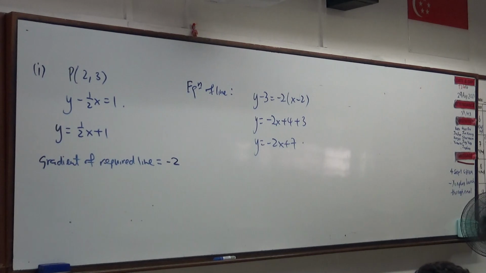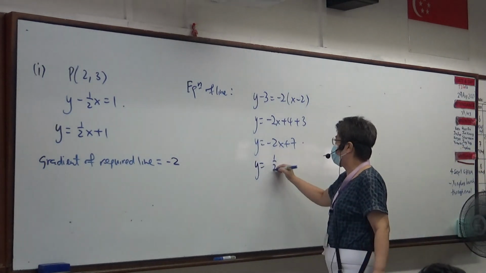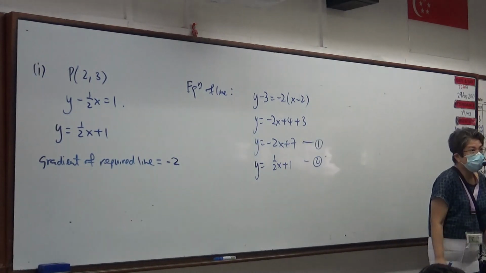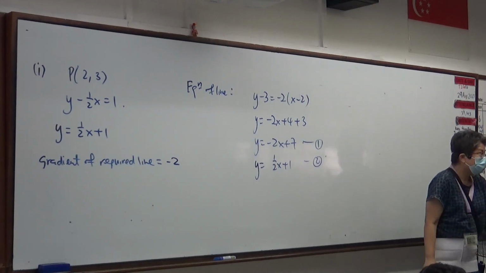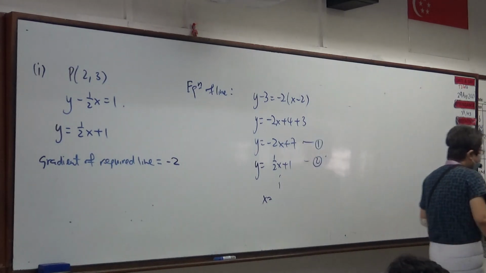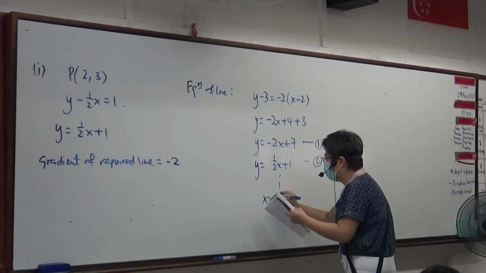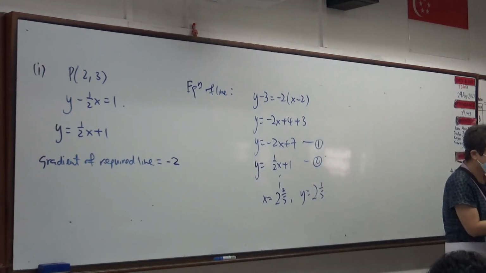Now, let's take a look at part 2. Given that the two lines intersect at the point F, find the coordinates of F. Now, that means I will solve this line and this line. This is just a simultaneous equation. I'm not going to solve it. You're going to solve it yourself. Will that be okay? This is just a simple simultaneous equation. So, they will get x as, okay, you solve this up,